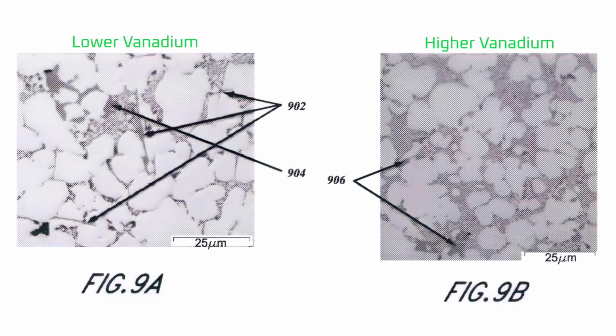In the image on screen, both 9A and 9B contain vanadium, but 9B contains more vanadium. The arrows from label 902 point to platelets made of compounds containing aluminum, iron, silicon, and manganese. The platelets in 9A result in a brittle alloy. I like to think of these platelets as little levers that crack apart the alloy structure when it's put under